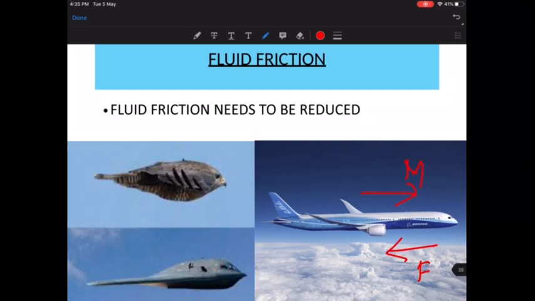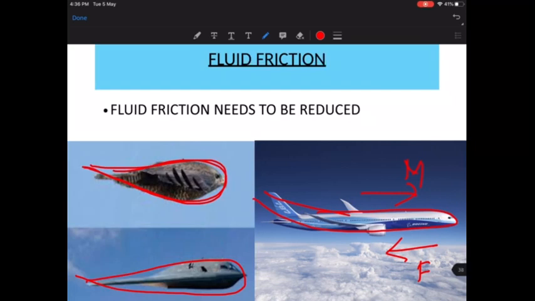So what are the ways in which the friction can be reduced? Very important again. Now that you have understood what is fluid friction, understand how you can reduce this friction while you're flying. You can reduce the friction by taking a streamlined shape. What is a streamlined shape? A streamlined shape is something like this kind of shape. Most of the birds take a streamlined shape. Most of the aircrafts that you see also have a streamlined shape. Even the latest technology, the stealth aircrafts, also have a streamlined shape.